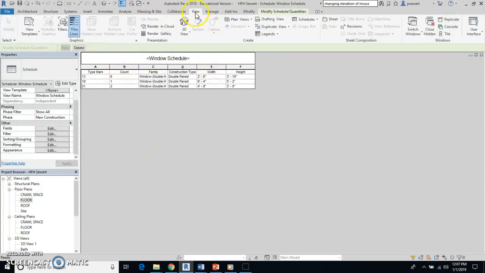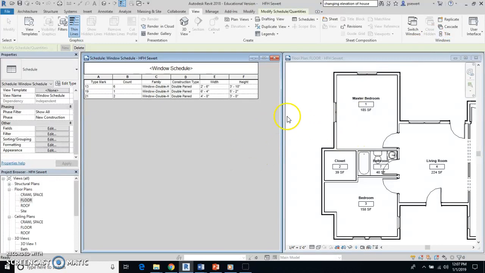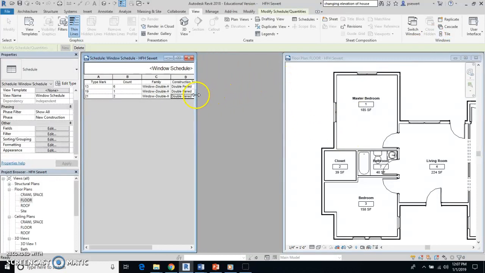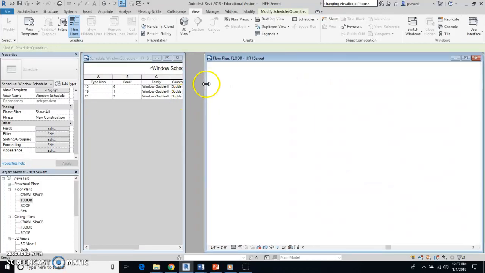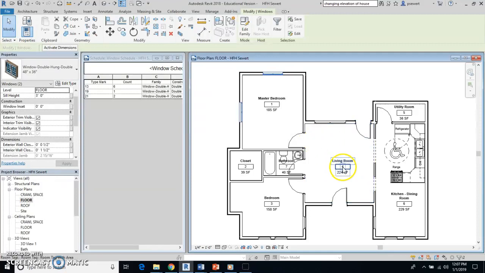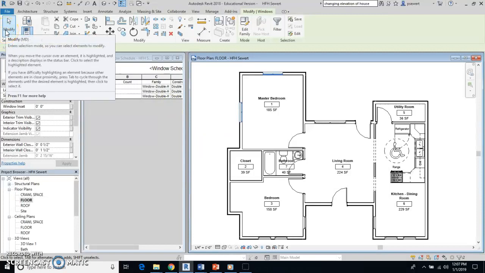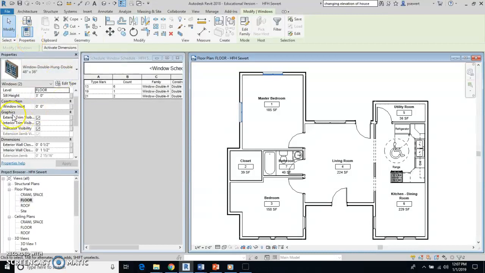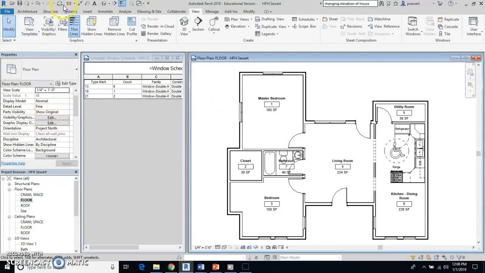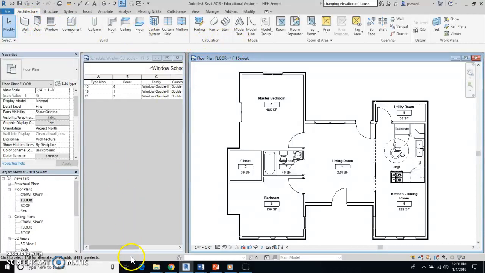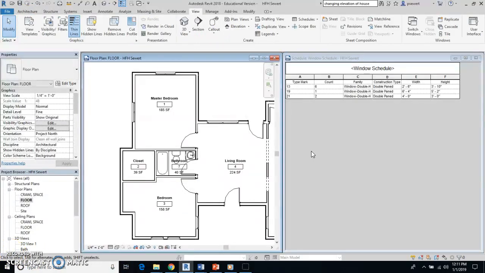All right, now I need to go back to view, and just so we can see this, I'm going to go to tile, and I'll drag this guy over here a little bit, and I'll bring this over so that I can see things here. And none of our windows are what are called tagged. So I'm going to go to my floor plan. So I need to change to the floor plan on here. So back to architecture, and hold on. So I've been messing around with this so my windows are reversed, but they're all the same. Nothing's changed on them. What I need to do is I need to go over to my floor plan, and